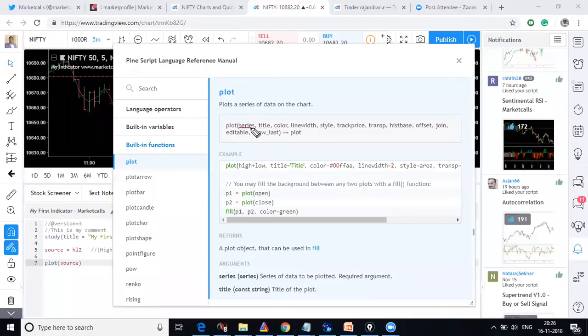It is asking you to send a series, or you can send titles, colors, and the line width, right? Along with that, there are a couple of examples also given: how you have to plot, how you have to give a title, how you have to describe the color, how you have to give the line width, how you have to set up the style, right? So now I'm going to give you an